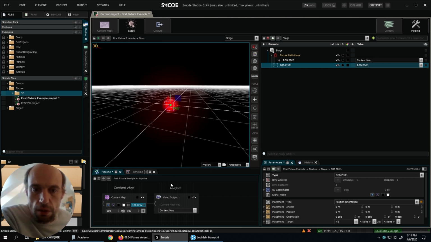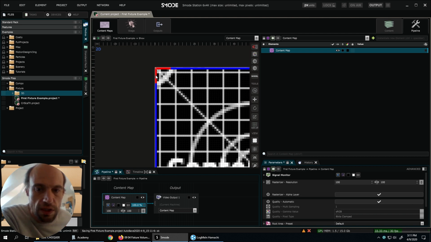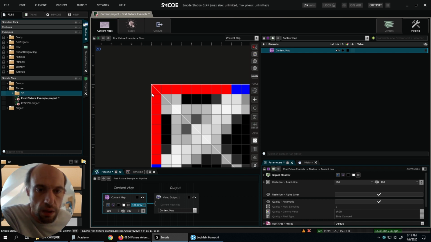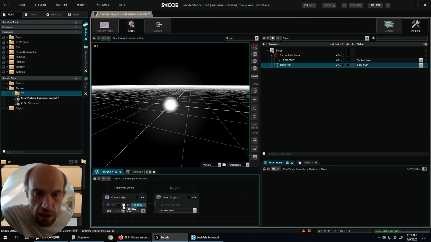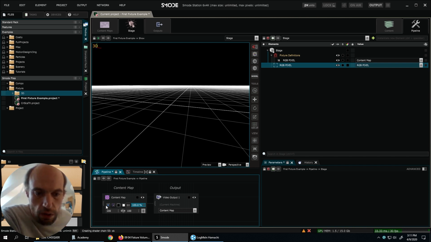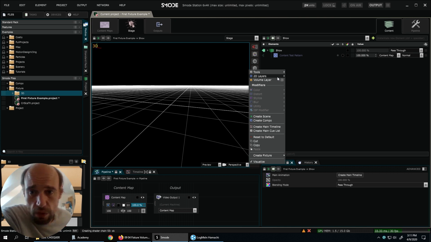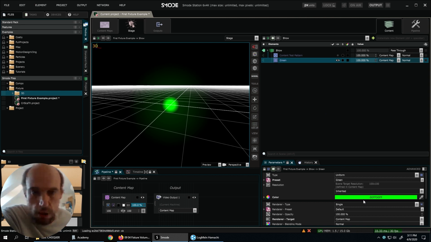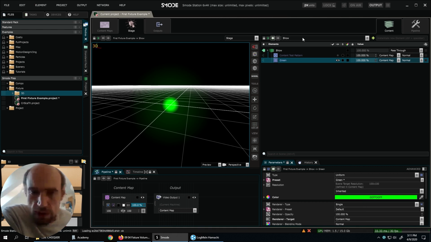So this is our pixel. It's red by default because it took the first pixel available inside the content map, which is the top left pixel we can see here, and which is red within the content map. I can bypass the normal content and put everything in white, and then my pixel will become white, or everything in black, or with the current content, which is inside the content map. Something very simple would be to create a uniform layer, and then we have control over the color of this pixel.